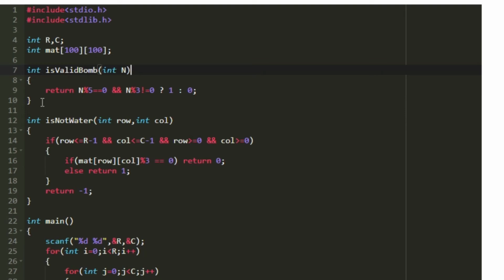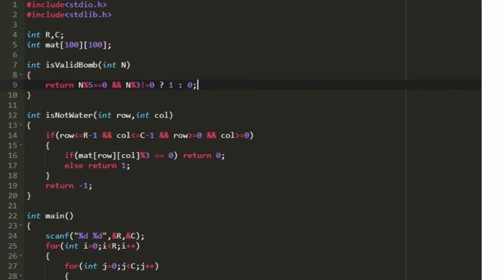So in the return statement, first I am checking whether n mod 5 is equal to 0 and n mod 3 is not equal to 0. If both of these conditions are satisfied, then the integer is considered a valid bomb. Using a ternary operator, I return 1 if both conditions are satisfied, else I return 0. So this is how isValidBomb works.